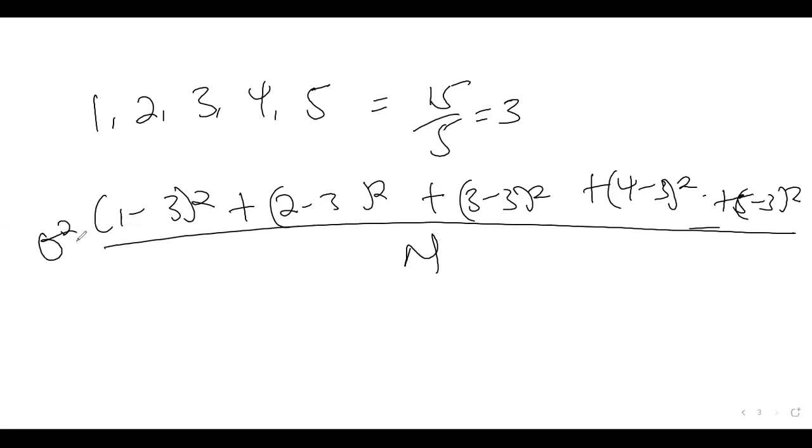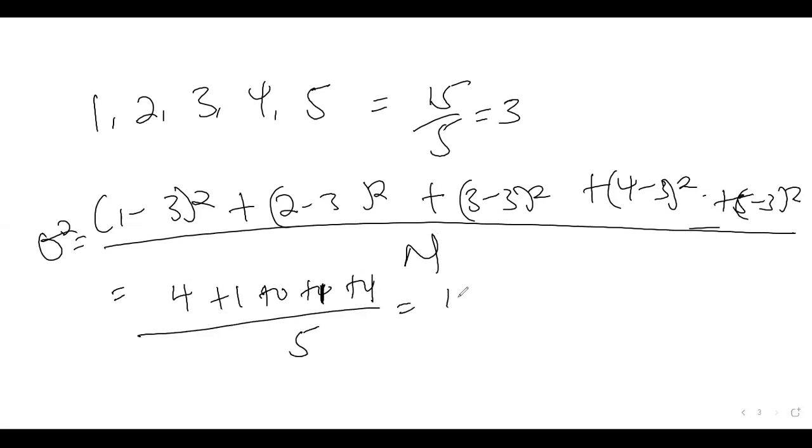n. So this is the variance. So this will be 4 plus 1 plus 0 plus 1 plus 4 all over 5. So this will be 10/5, and this is 2. So that means the standard deviation will be the square root of 2, which is 1.414. So if this data is normally distributed, remember, the mean is 3 and the standard deviation is 1.4. So if this data is normally distributed, we are saying that, first of all, if you look at the empirical rule, what we